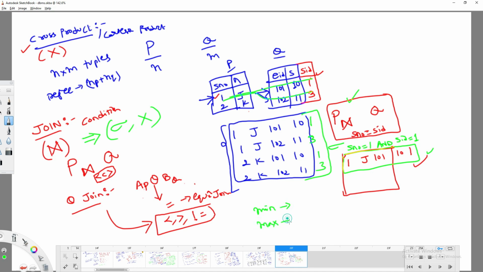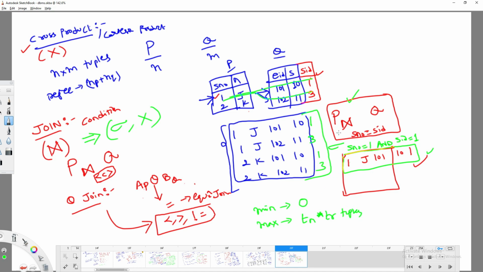Is it possible to get 0 or not? What about the maximum? Maximum is equal to the cross product, right? Tn into tr number of tuples. If I assume that tn tuples are there in the P table and tr tuples are there in the Q table, I am going to get this maximum number of tuples.